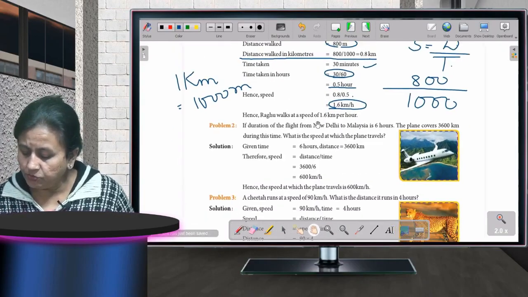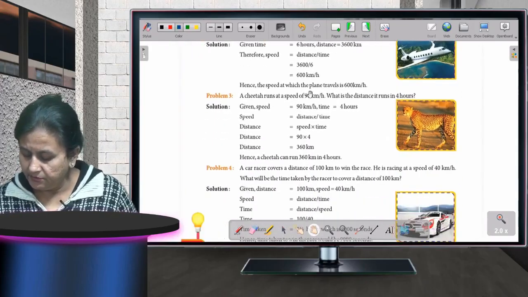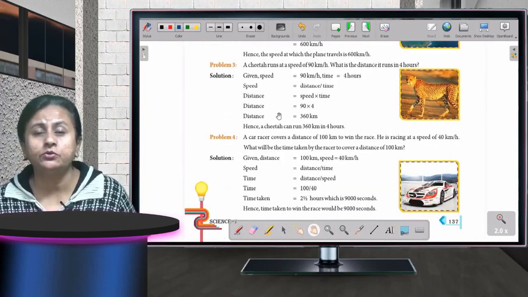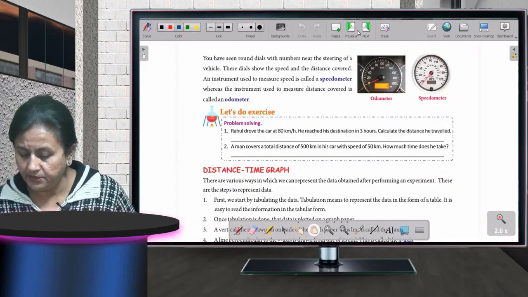You can go all through this. This is very simple. There is nothing much to explain. If you go through it properly and thoroughly, you won't find any problems. Now,